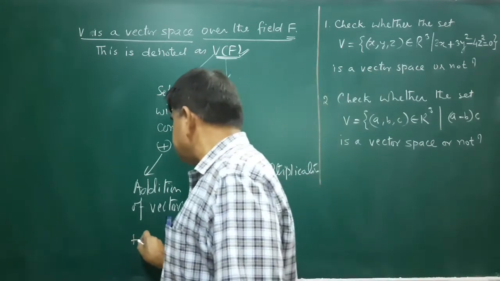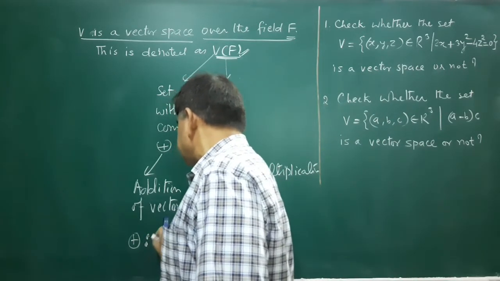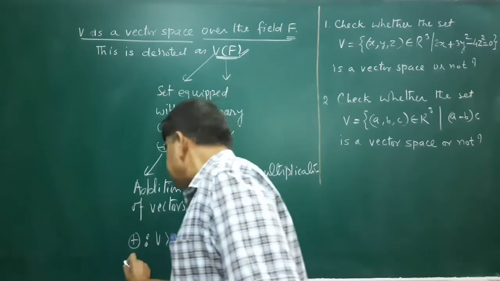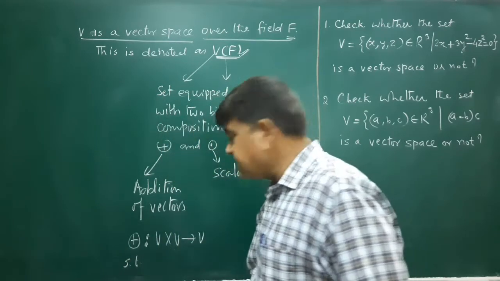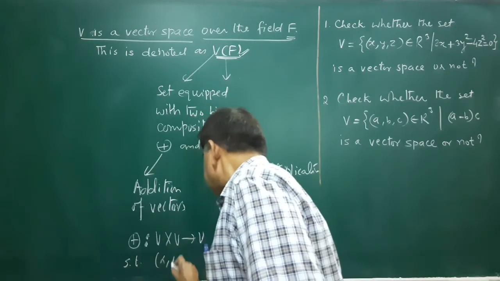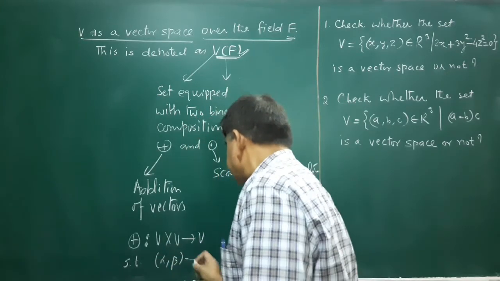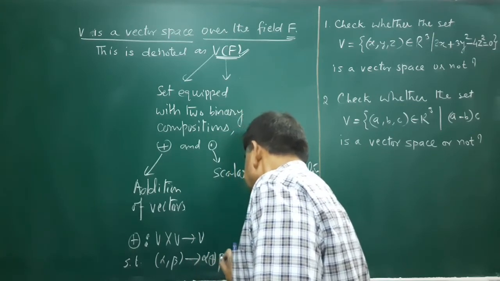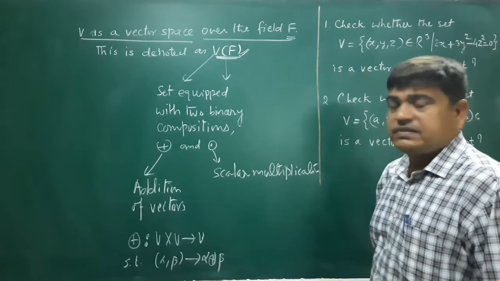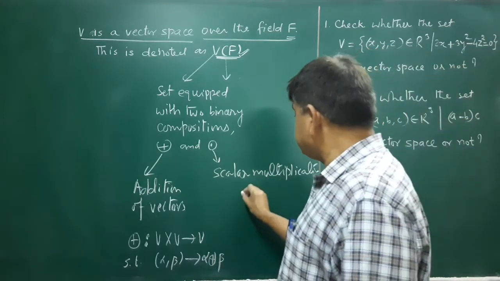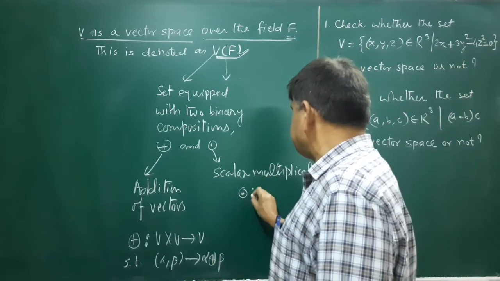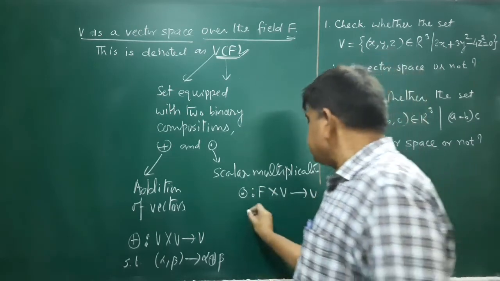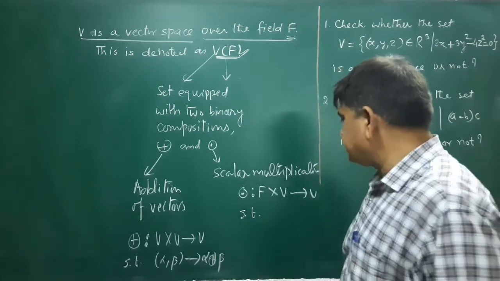Addition of vector means V cross V to V such that the image of this is alpha plus beta. Scalar multiplication, composition, this is external, F cross V to V such that